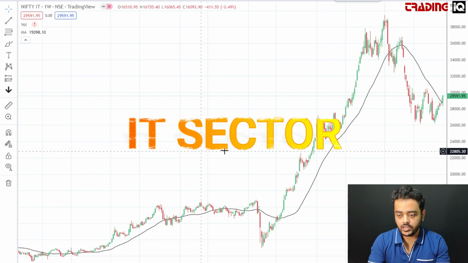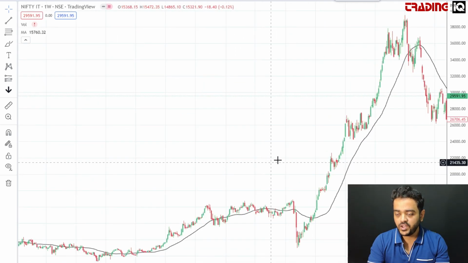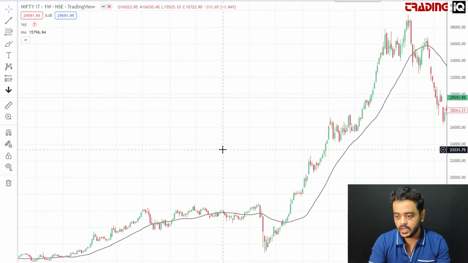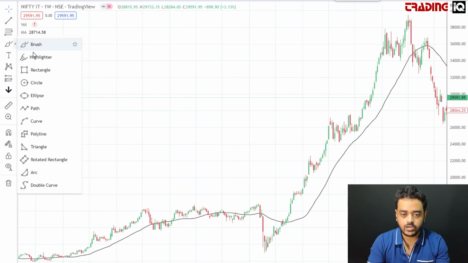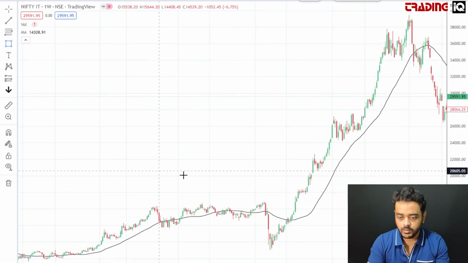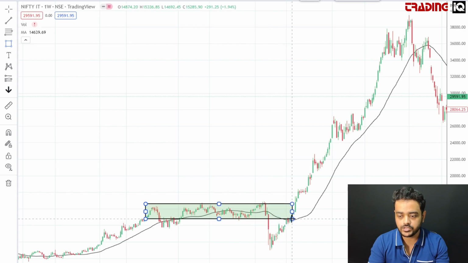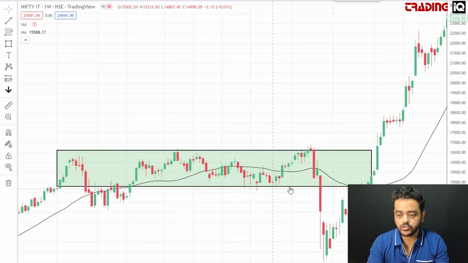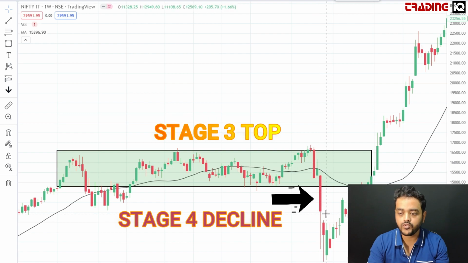This is the chart of the IT sector. Let me dig in deep and start from the very beginning and share with you what happened before the time of pandemic, like the journey. Let me just draw a couple of trading ranges. It played out beautifully based on the WEINSTEIN'S stage analysis. So this was sort of a range. You see, it was hovering around this range before it broke down of this range and the 30-week moving average